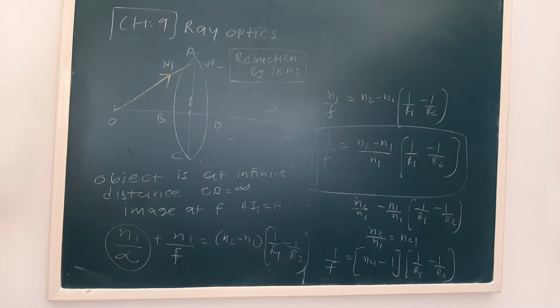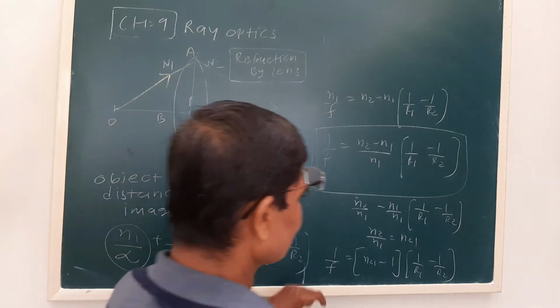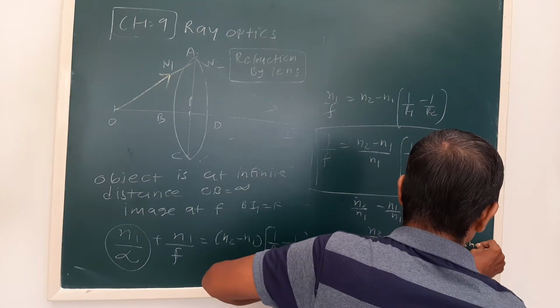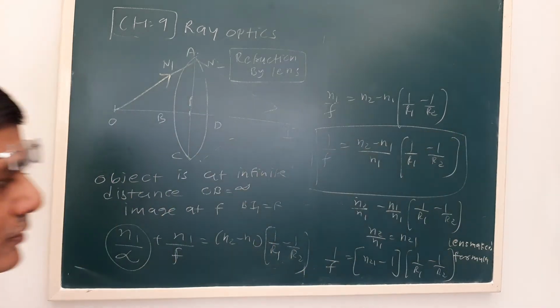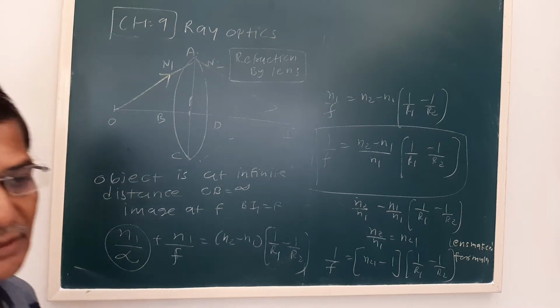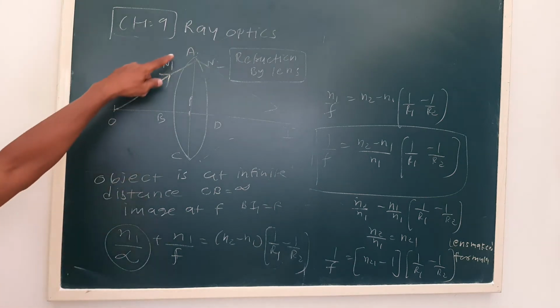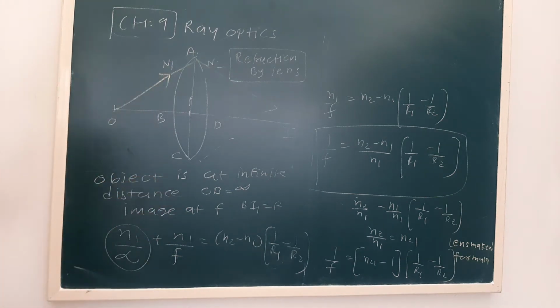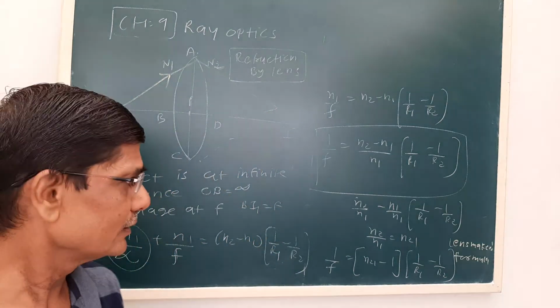Okay, so this is a refraction taking place by the lens. See, this formula equation is also called lens maker's formula. Now this is a very important question. Okay, we should keep in mind. See here, what we have seen, we have shown the refraction taking place from ABC surface, that is n1, and then we have shown refraction taking place from ADC surface, that is n2. This is how we can derive the formula, okay, for lens.